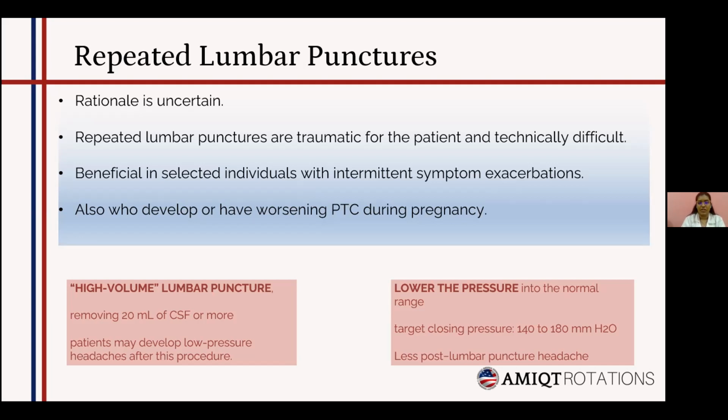idiopathic intracranial hypertension. So during pregnancy, these drugs were mostly contraindicated, and studies have also shown that acetazolamide use in animals has shown some teratogenic effect as well. And even doing definitive surgical procedures like a ventriculoperitoneal shunt or a lumboperitoneal shunt would be difficult in a pregnant patient. So for them, for the time being, we can do repeated lumbar punctures to protect the vision and to alleviate the symptoms.